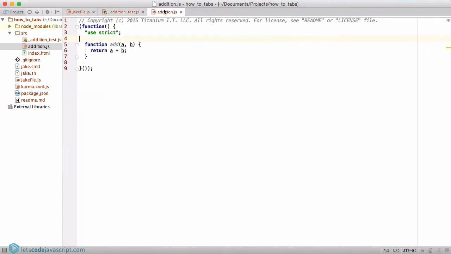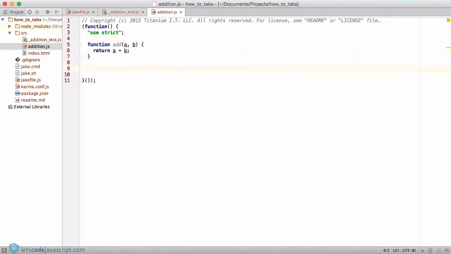Now, over in our module, which we've just created, we have to do something special in order to make this function accessible to everybody else. Now, this is the first time we've done this, so let me run through it. When we make a function accessible to other people, that's called exporting the module. And the way we do that is by using a global variable, or really a module local variable, that's provided to our file by the CommonJS spec. Now, again, this is not standard JavaScript. This is something that's going to be added for us by the CommonJS tools we use. What we do is we say